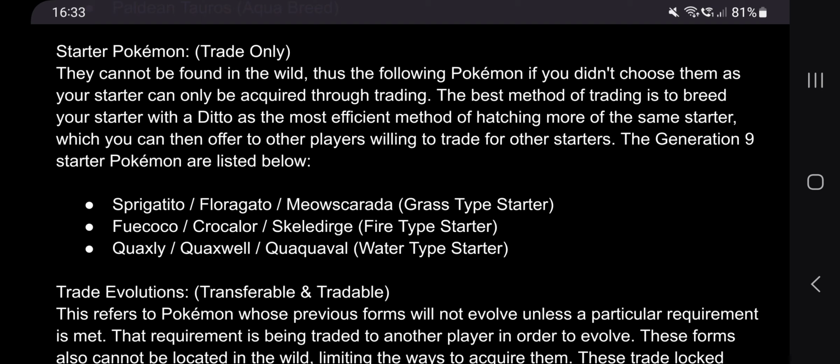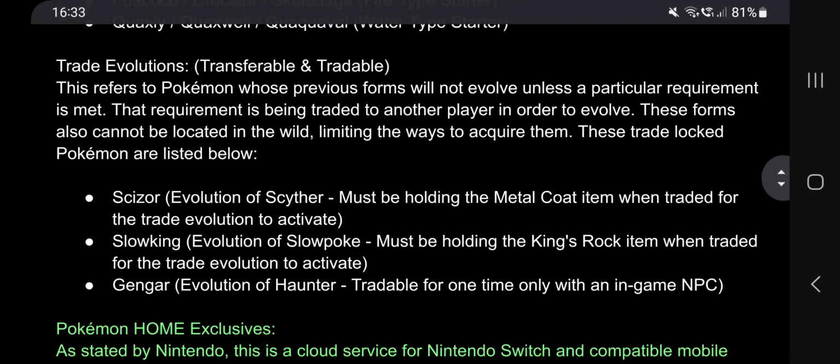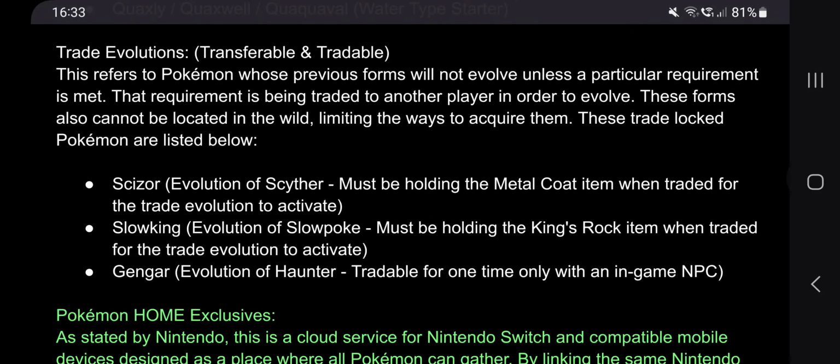So yeah, you don't need to worry about making trades specifically for each evolution. If you get one, you'll be able to get the rest. Next is trade evolutions, and these are actually transferable as well as tradable. There are a few here, and basically these are evolutions that are locked behind trading. You need to do a trade, and then they will evolve automatically,